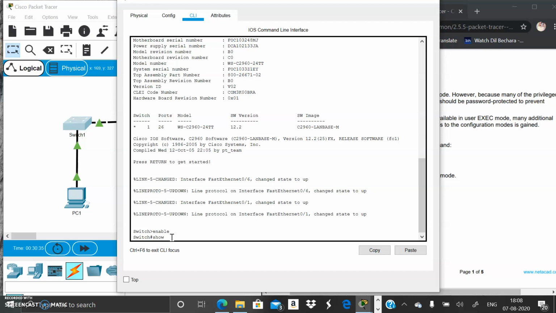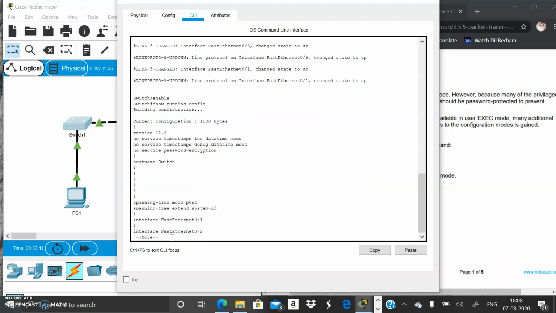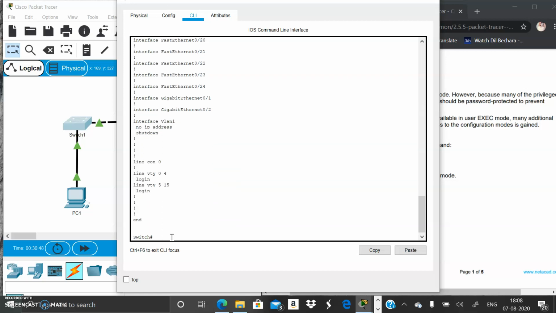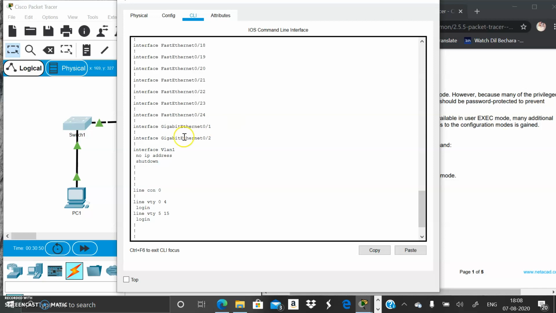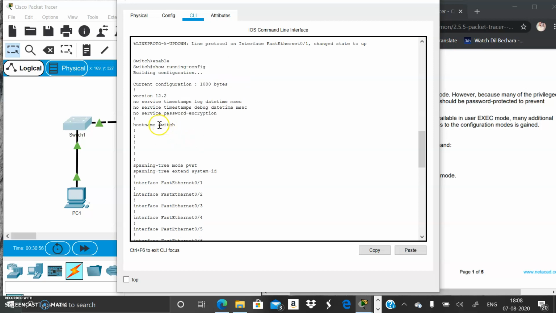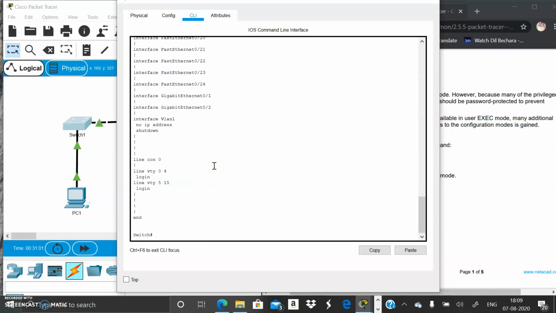Enter show running-config. Here you can see that there are no passwords, and we didn't assign any switch name. The switch name is just Switch.